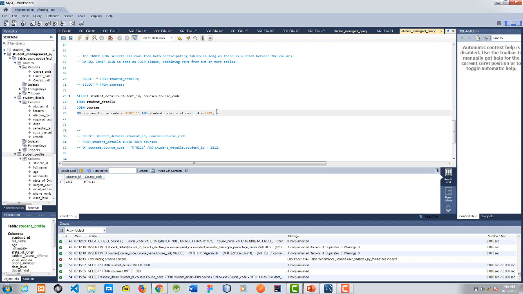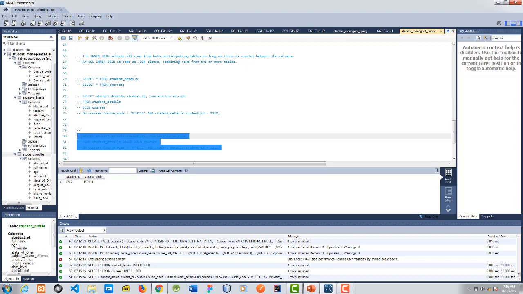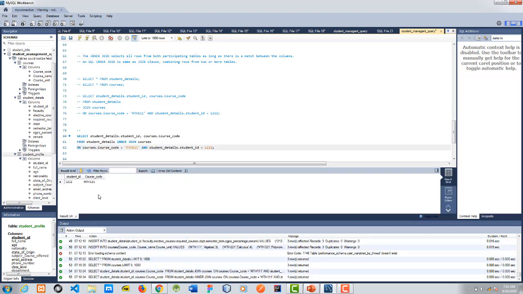And you can also perform this query to retrieve the same thing. This query is also performing the same join. You can see now. So you can either use this or you can use this. And mind you, student ID is not in my course table. So it's not only on matching, where the values are matching. No, it's also based on the condition,